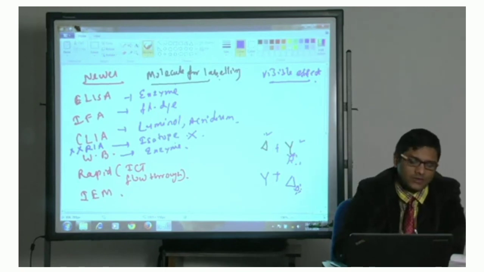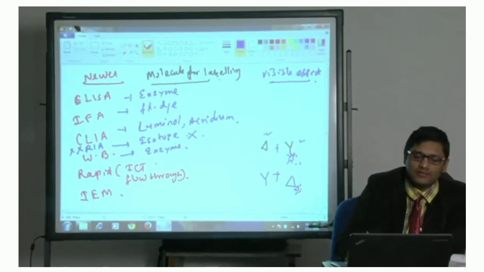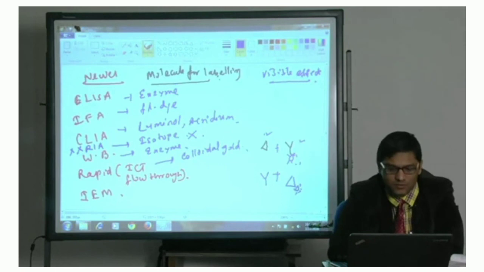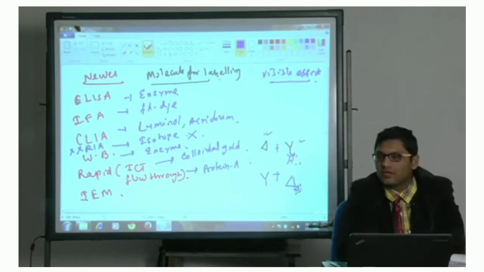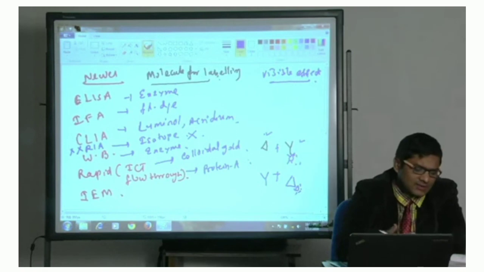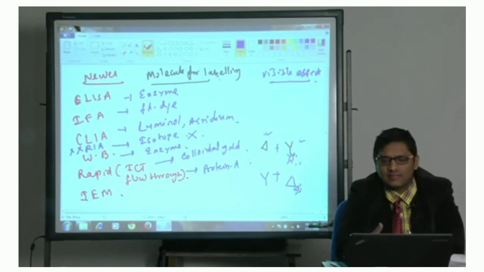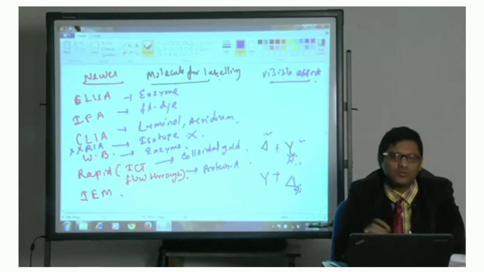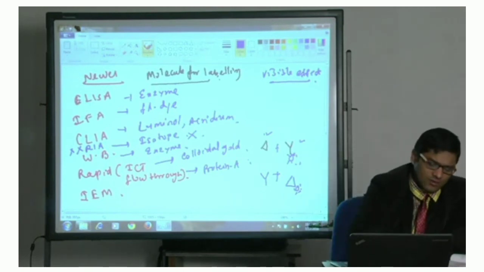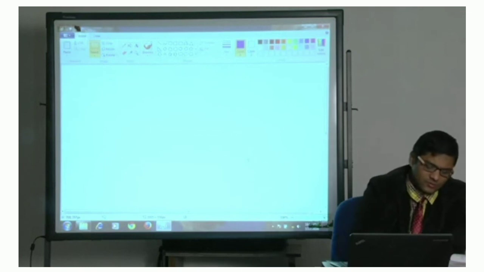Similarly, in rapid test, immunochromatographic test, colloidal gold is used to label. In flow through assay, most often staphylococcal protein A is used as a conjugate. So like that, various molecules are used to label in various methods. The basic principle is almost the same. Okay. So this is all about